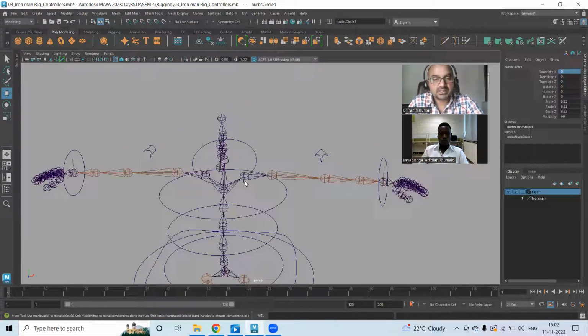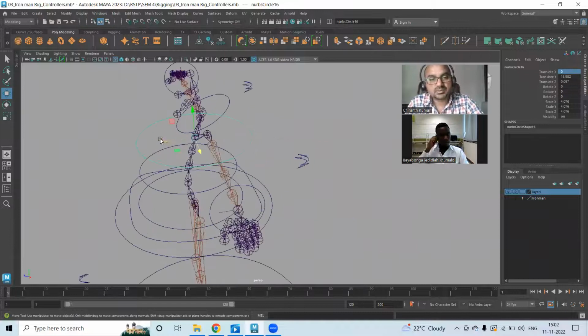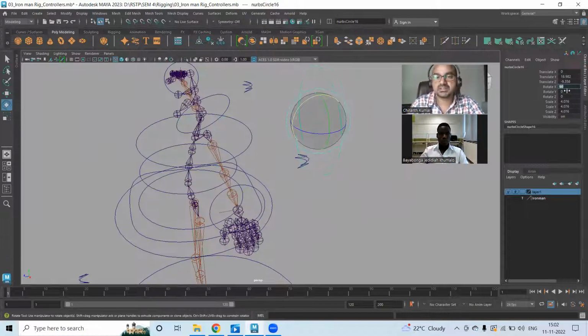Clavicle, we need to make clavicle. So I select this, I'm gonna duplicate this, push it backside, and I'll be rotating this in x-axis 90, and I'll be making it smaller